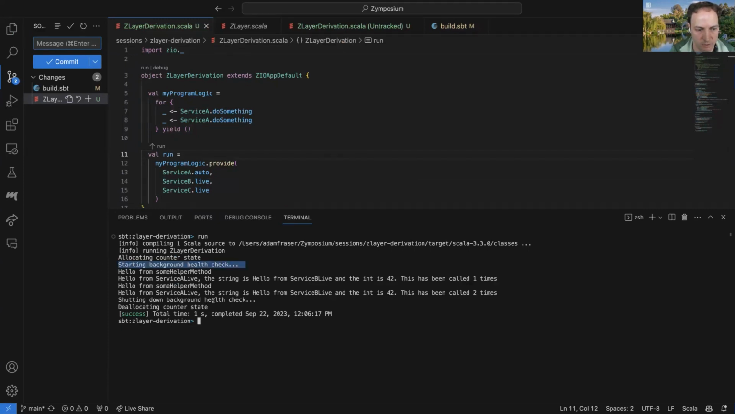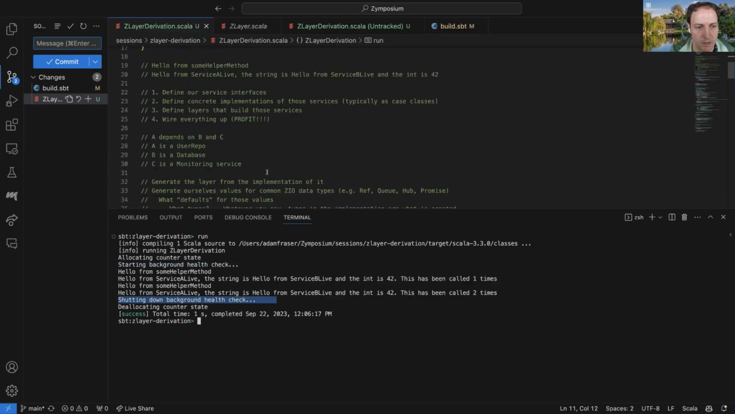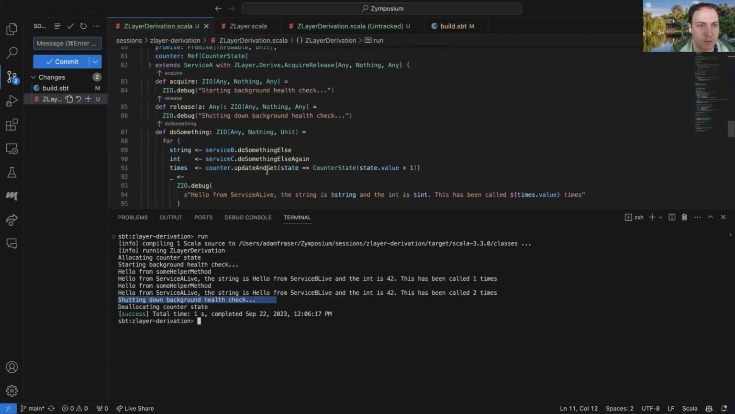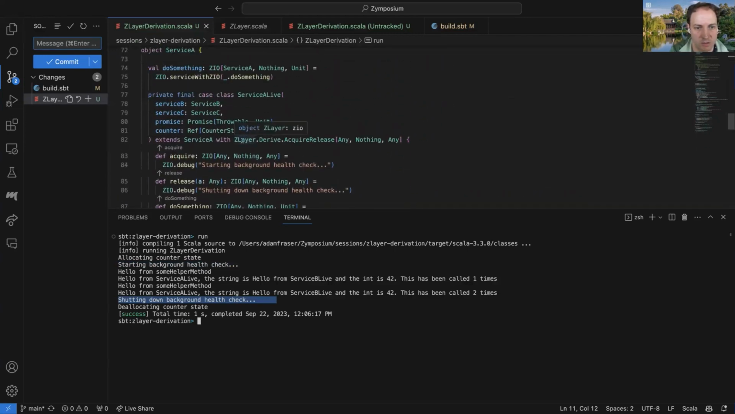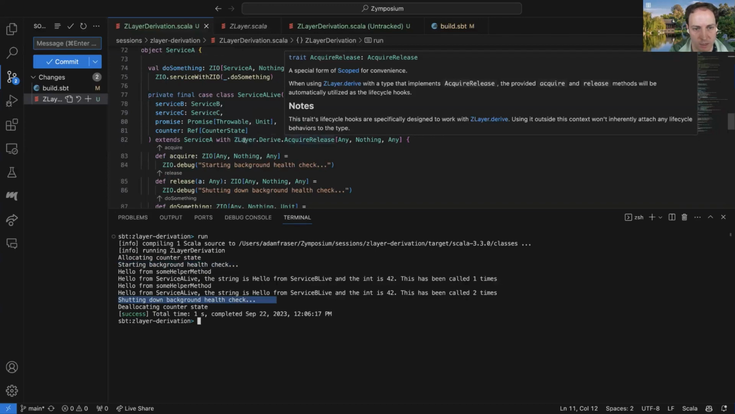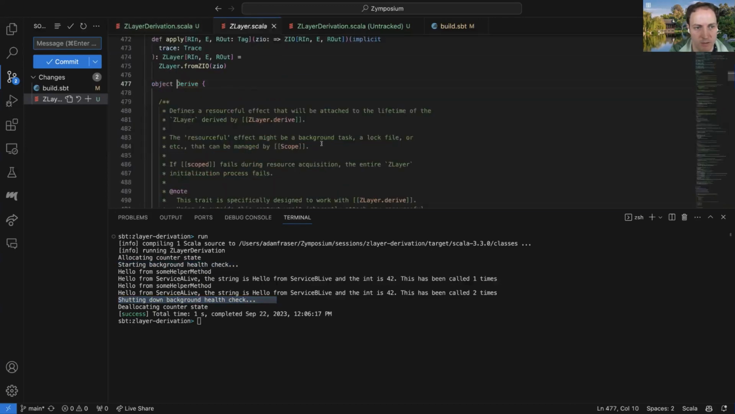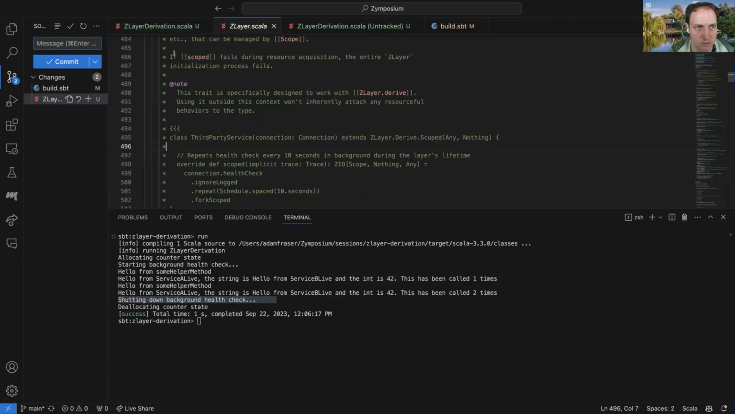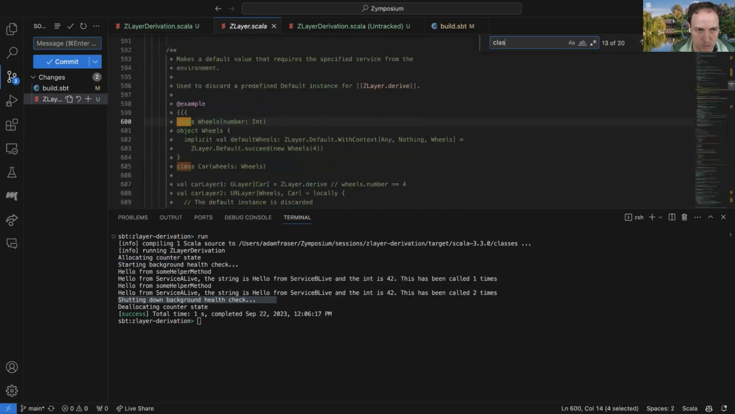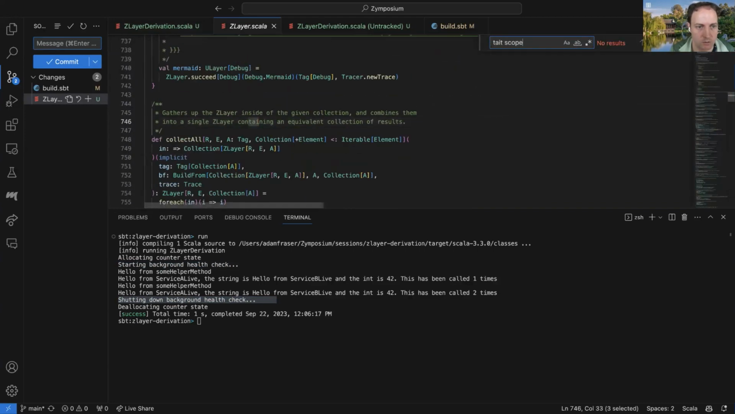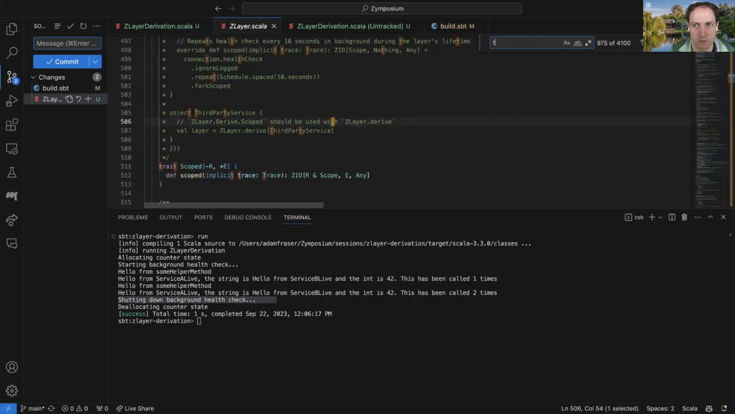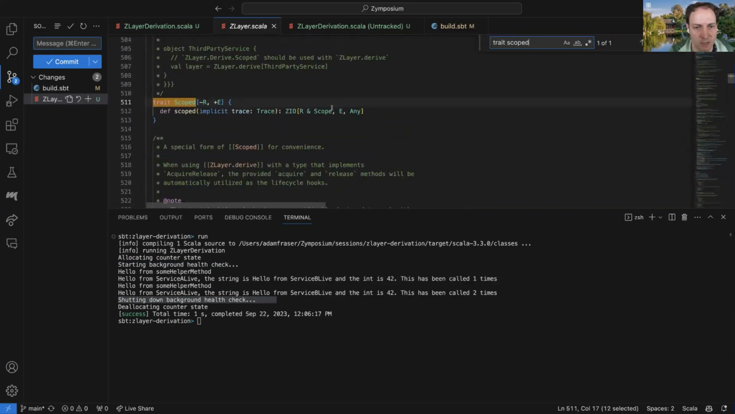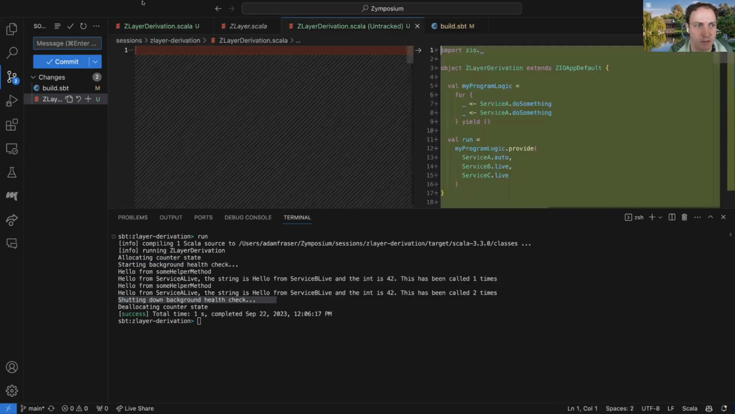And you can see it started the background health check, and then it shut that down at the end. So there's both that ZLayer or ZLayer.derive acquire release. And then there's also, I would say that maybe is the easier one, there's also one called scoped. If you have a scoped value already, so maybe like, let's say,